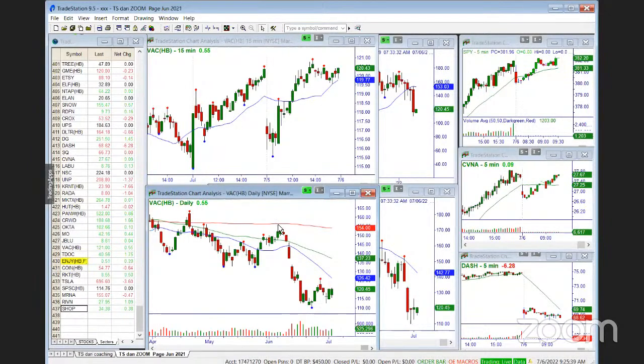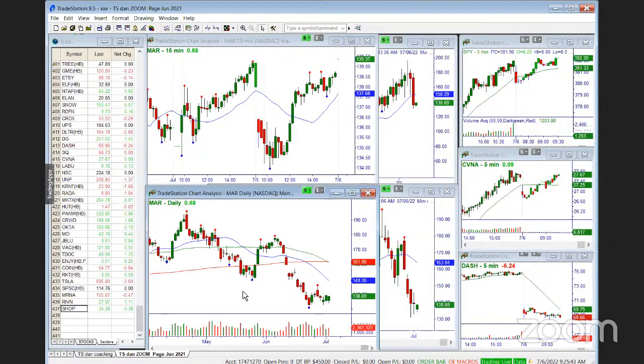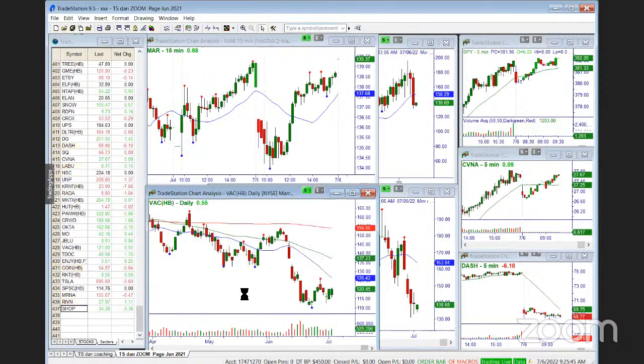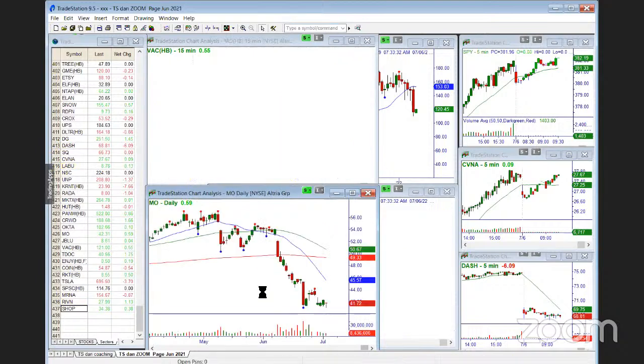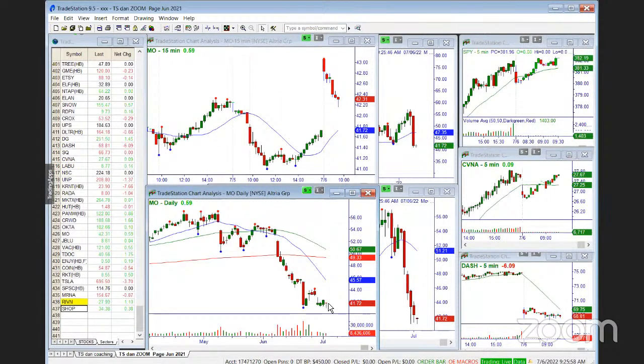Vacation, VAC, Marriott Vacations, double bottom, Marriott. We actually took our profits yesterday on a put spread. I like this double bottom a tad better. So we're going to sell puts under last week's low. Mighty Mo gapping up here from a retest. 30-minute high, I said, let's sell a put spread under yesterday's low. They got a little reprieve from their